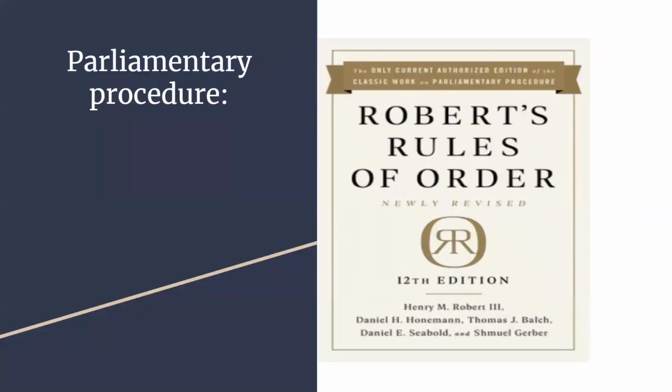So, parliamentary procedure, aka how to run your meetings. Can anyone guess what the name of this manual of procedures might be? You got it, Robert's Rules of Order. Let's give you a little history of Robert's Rules as provided by Wikipedia. The manual was first published in 1876 by U.S. Army officer Henry Martin Robert, who adapted the rules and practice of Congress to the needs of non-legislative societies.